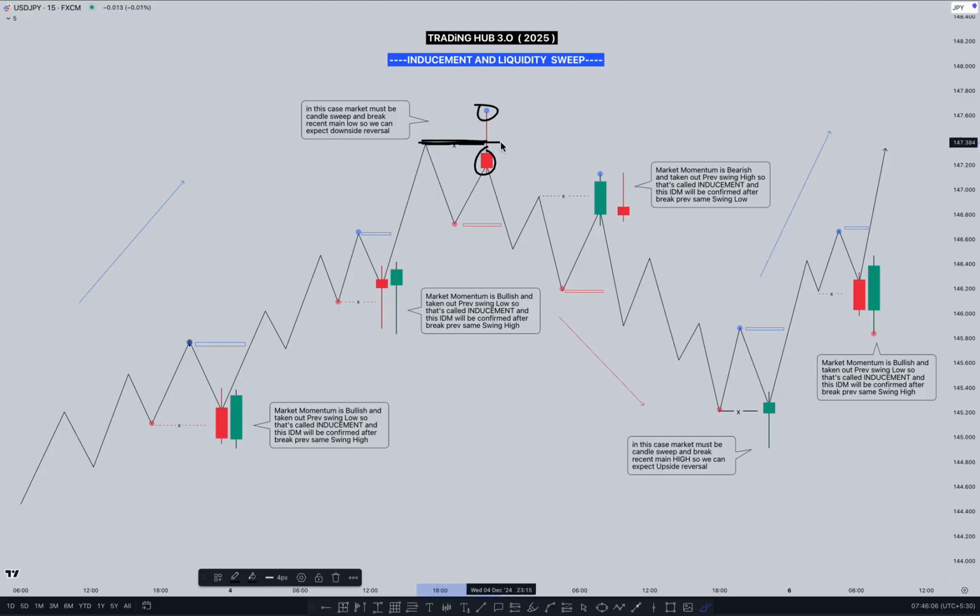If price closes below the previous high and then the market pushes downside, and after that the market breaks the previous low, the previous swing low, and a candle closes below it, then we can confirm this is a liquidity sweep, and we are expecting some reversal to the downside. And sometimes what happens is the market just sweeps the previous high,